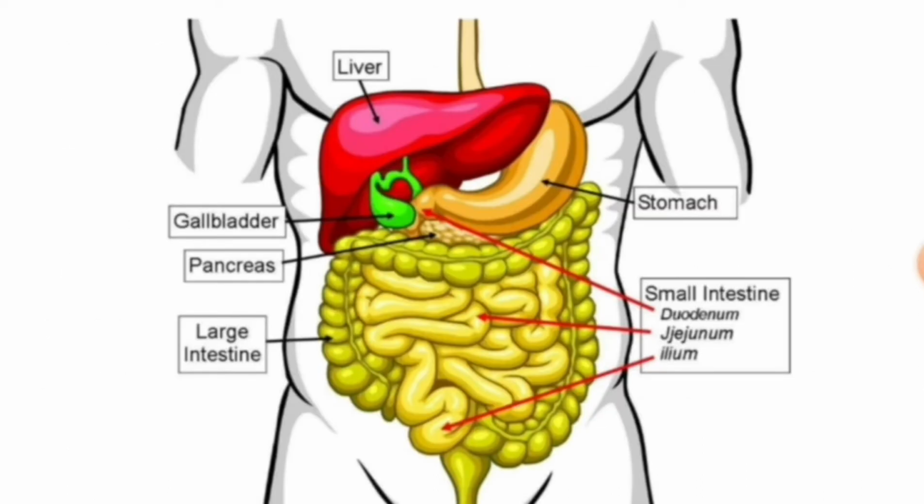Yes, if you look here, the digestive system of the human, the liver is red in color. Then we have the stomach. I want to say something about the liver. The liver is the only part of the human body that, even after a lot of damage, if only a small part remains,